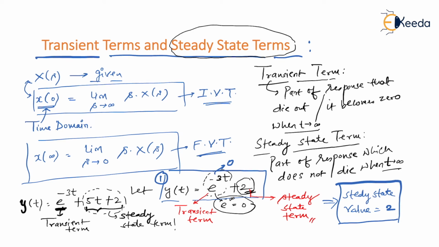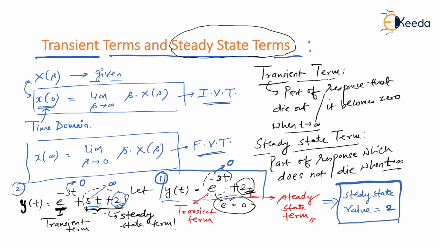I hope you understood this. Now, in the second problem, when you substitute t equal to infinity, this will become 0. This will remain as it is because 2 is time independent. But 5t, since t equals infinity, will also become infinity. Then we would say that I cannot tell you the steady state value. So the steady state value cannot be found in question number 2. In fact, if you find it, it is actually infinity. And when it comes to infinity, we would rather say the steady state value we cannot define.